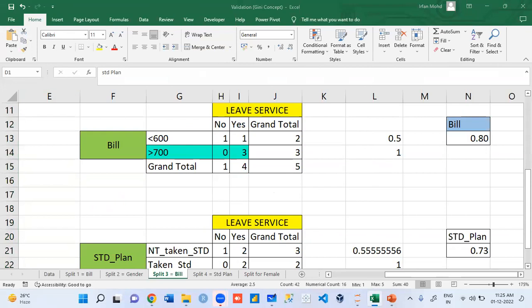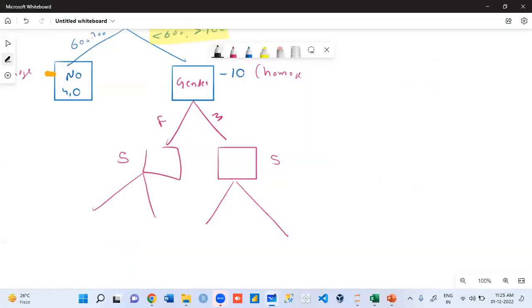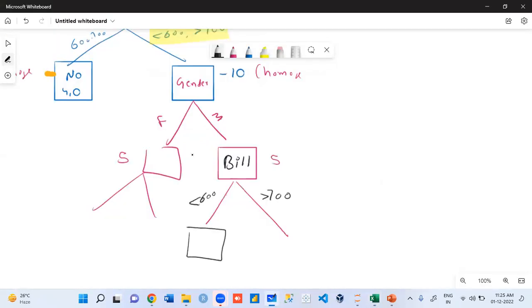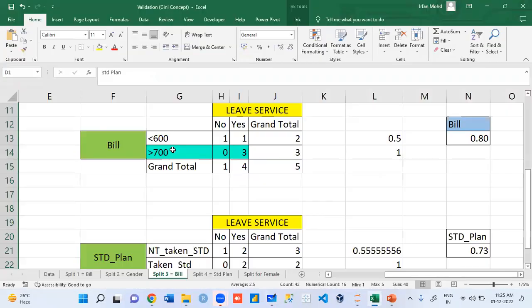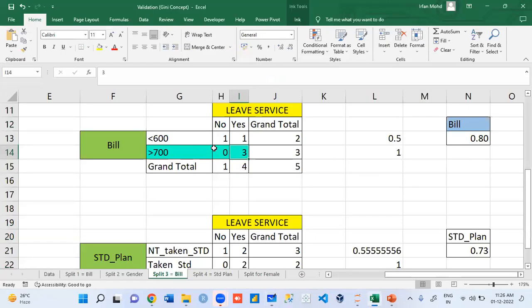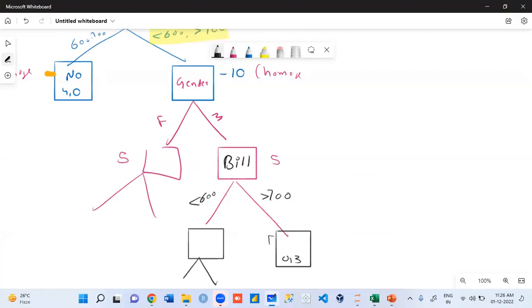ये clear हो गया how we selected? We'll have how many levels? 2. Now in more than 600, less than 600, do we have homogeneous? ये होमोजेनियस नहीं है ना, तो फिर से स्प्लिट होगा. In more than 700 do we have homogeneous? Homogeneous हो गया. क्लियर. ओके. व्हाट इज द ऑर्डर? पहले 0 नो है और ये कितने 3 0 कॉमा 3. व्हाट इज द मेजॉरिटी?